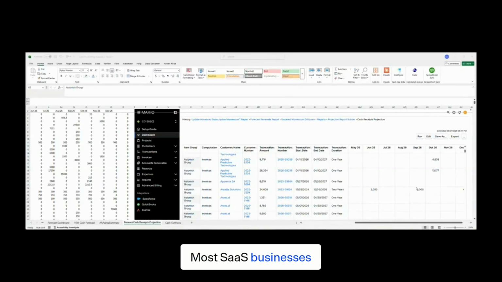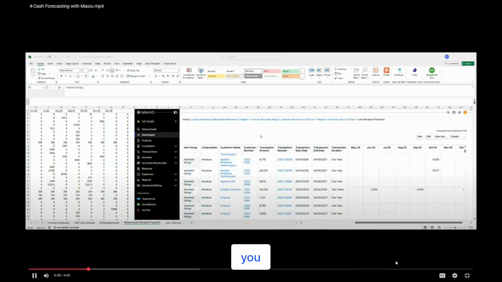For most SaaS businesses, the expense side is pretty predictable. Getting that same reliability is often a challenge on the inflow part. So looking at the Maxio subscription report, there's a projection builder, and here it'll give you, in this demo instance,